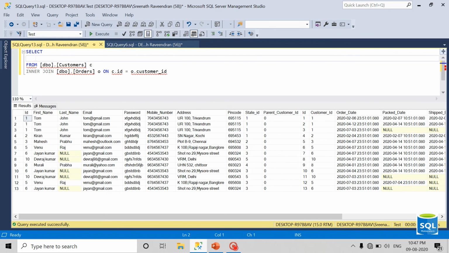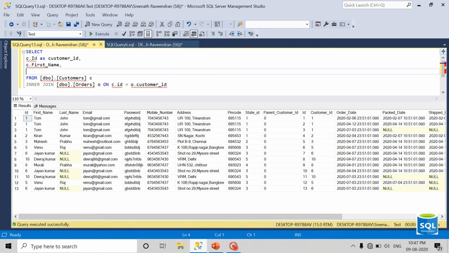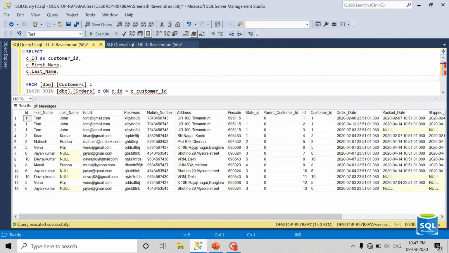When we write SQL queries, we don't need to use a star, but I need to specify the columns: c.id as customer ID, then c dot first name, c dot last name, that is the customer last name. Then I don't need to display email, password, mobile number, the personal kind of things. Then I need to get the order ID, so I'm selecting o.id as order ID.